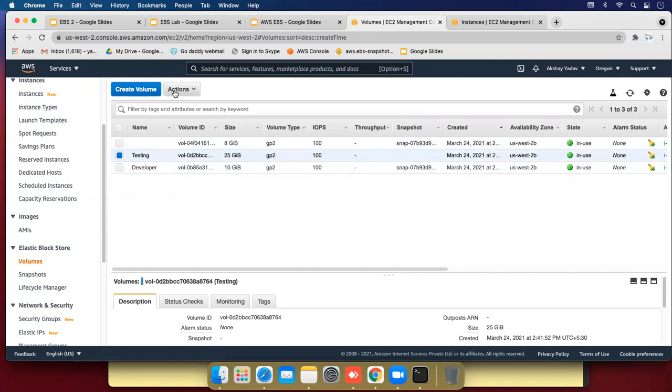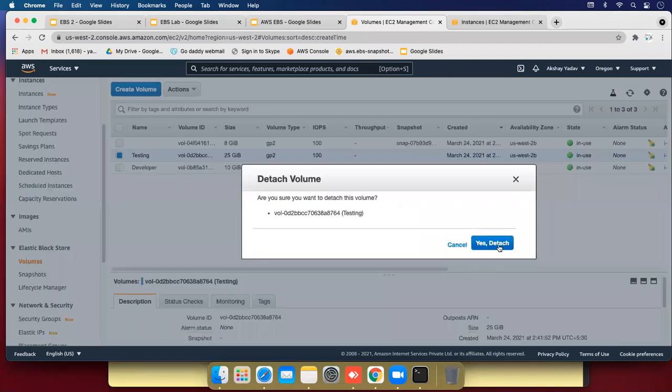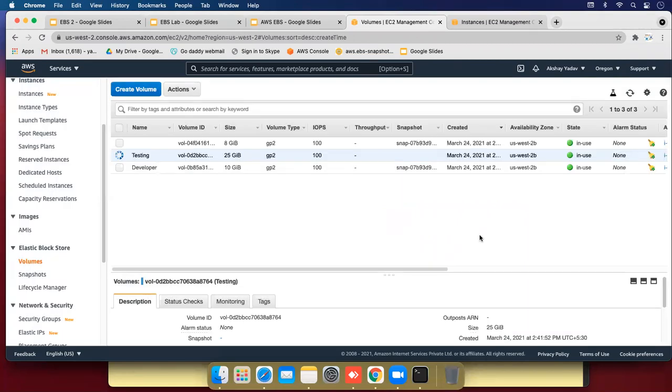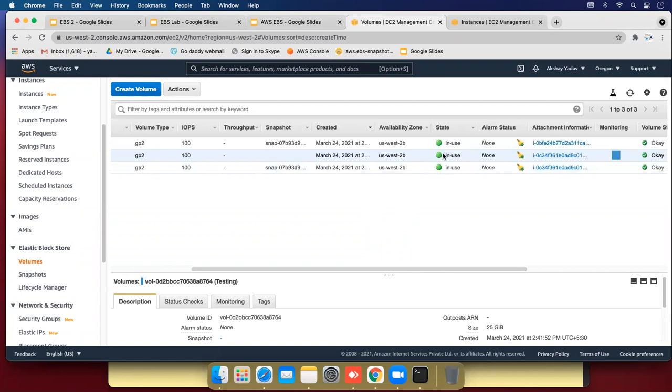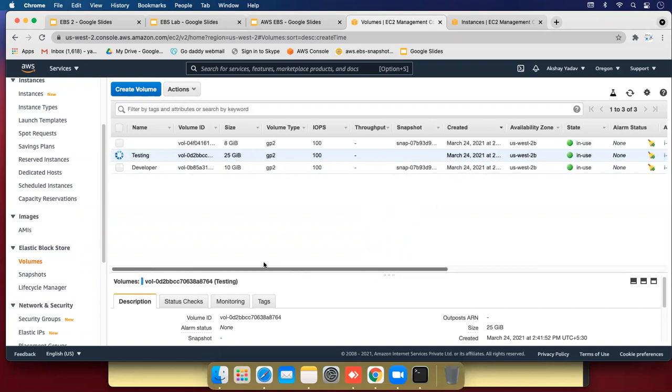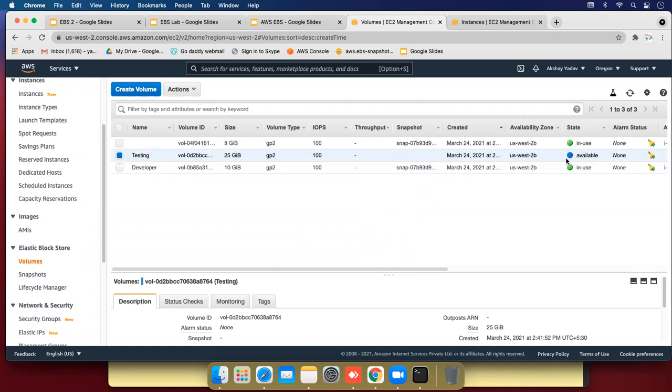So let's detach. Click on detach volume, hit yes, detach, and wait for the status. Here it will be available. Let's refresh once, and here you can see it is available.